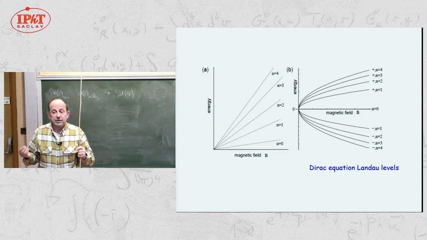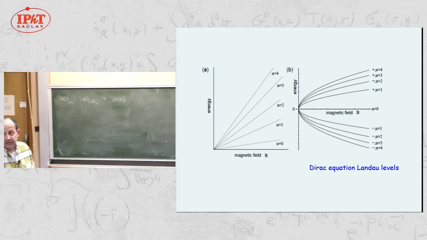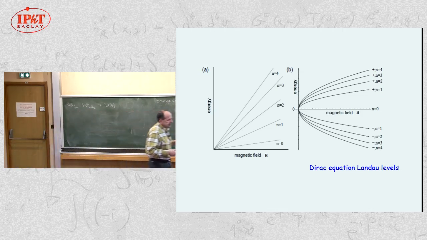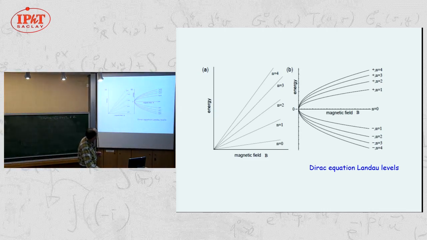This SU(4) symmetry of the Coulomb interaction is broken down to a subgroup in real graphene. Of course, there is the Zeeman effect that breaks the spin symmetry in the usual sense. But then there are also small anisotropies due to lattice scale spacing that also break this SU(4) symmetry. This is something which is not fully understood quantitatively, but we know that it lifts the degeneracy. So I will tell you a few words about that. It means that if you want to fill the Landau levels, you have to take into account this fourfold degeneracy.